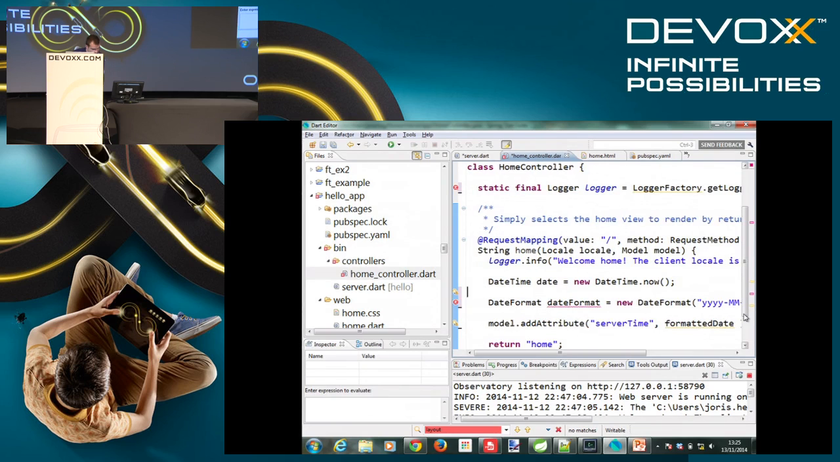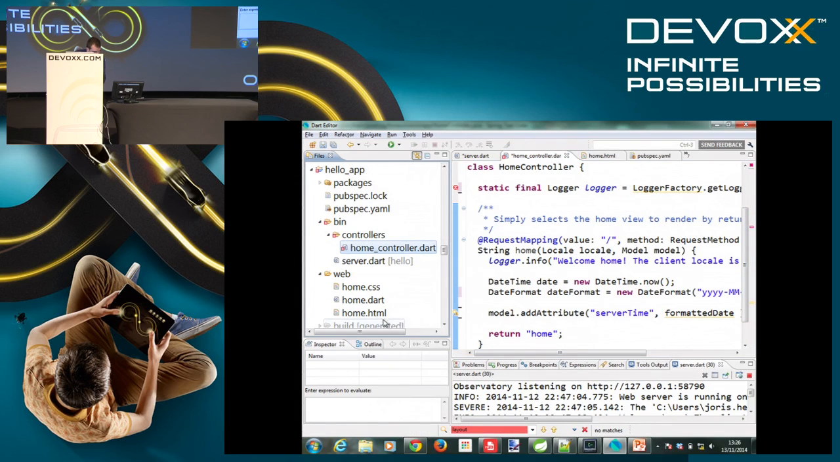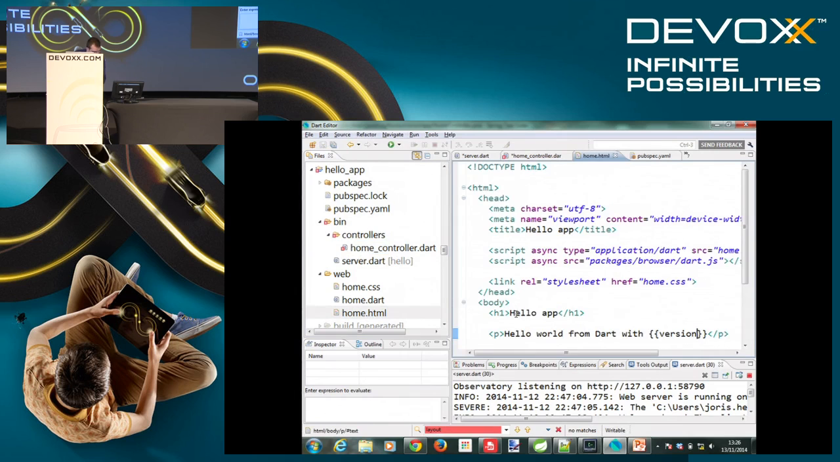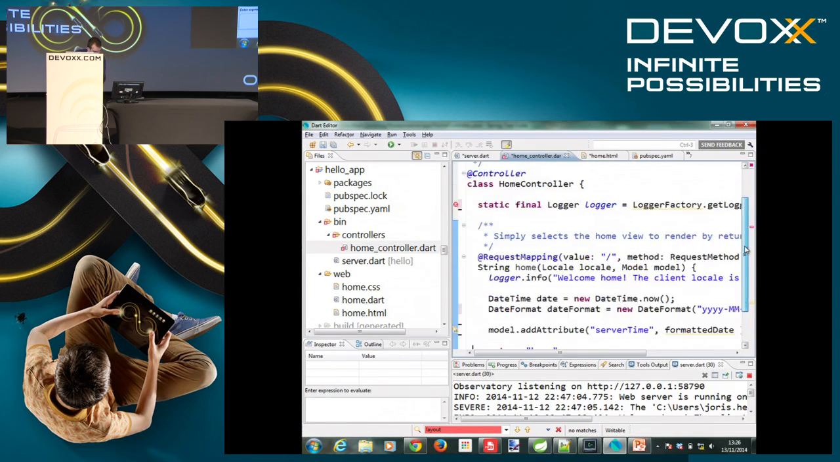Then we put our server time on our model. The only thing then that I need to see is that server time is also on our page. Okay, I'm going to remove this one first. Okay, it's now, and then the server time. The only thing that's been left over, I guess, is